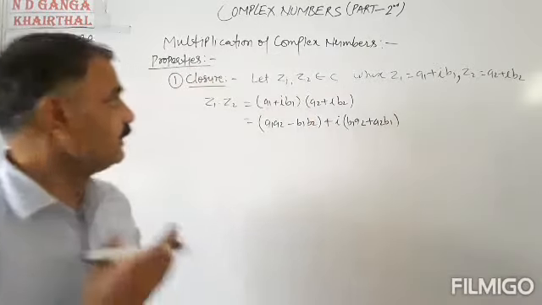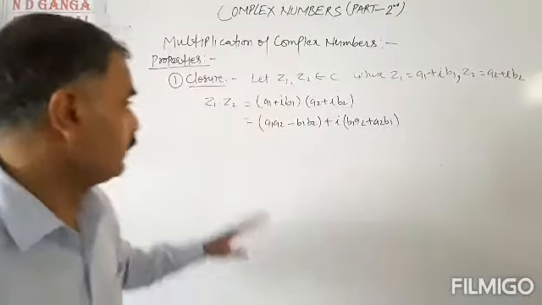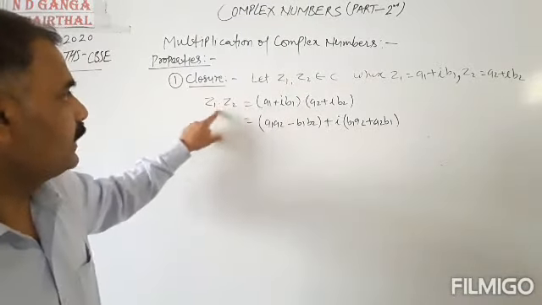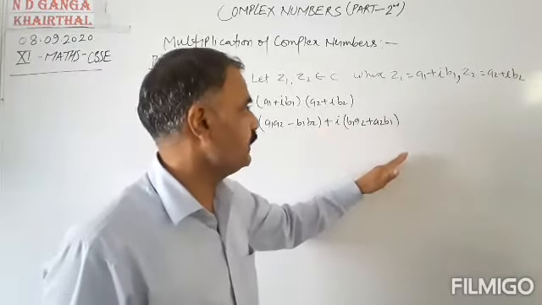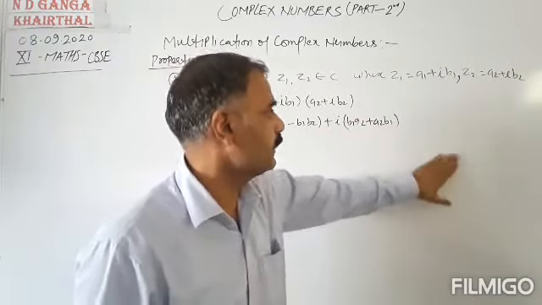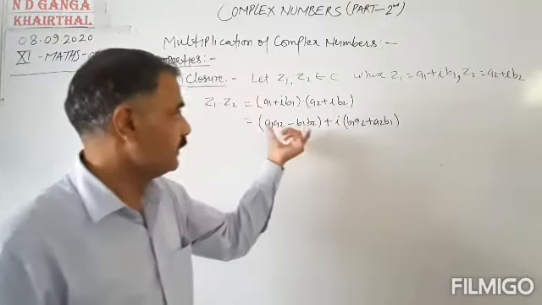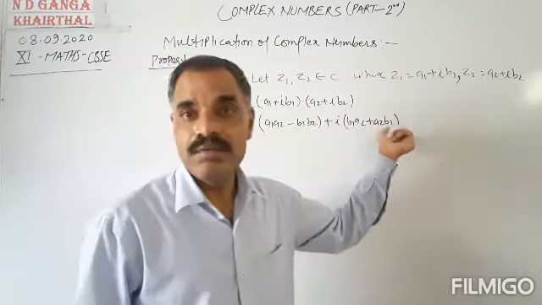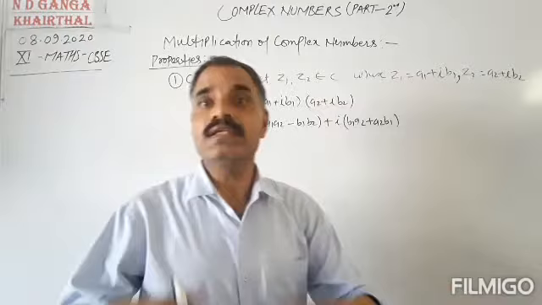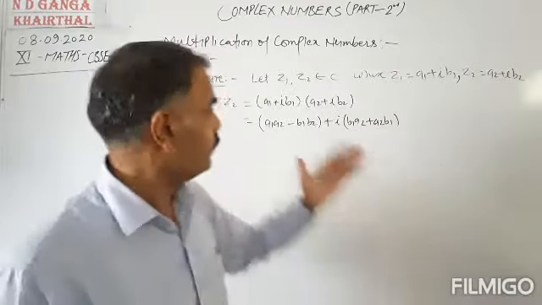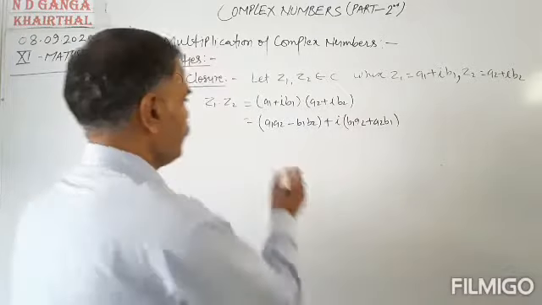Okay, so this is the multiplication of two complex numbers. Here Z1 Z2 is equal to A1 A2 minus B1 B2 plus iota (B1 A2 plus A2 B1). Okay, this is a complex number as it contains a real part and an imaginary part. Real part plus imaginary part means it is a complex number. So Z1 and Z2 are two complex numbers and Z1 Z2 is also a complex number.